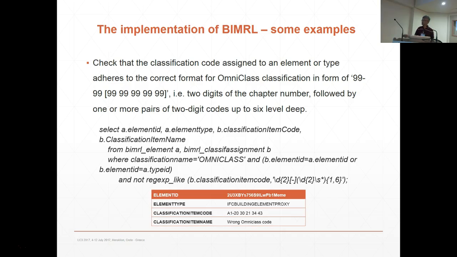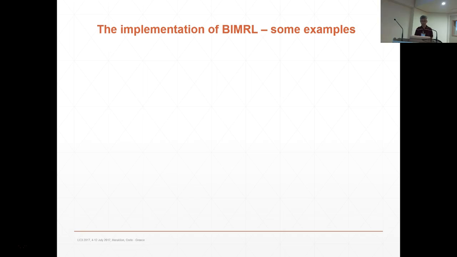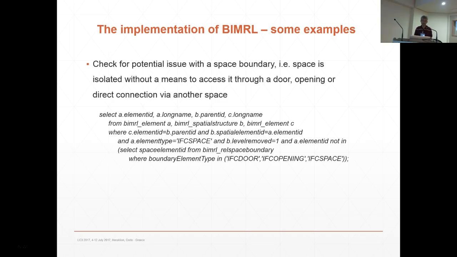Right, this is an example. This is not correct because there's a letter here, so it's supposed to be 2 numbers. And then a little bit more interesting example is that we want to query the model. We look for spaces that may have a problem in terms of either modeling error or just simply export errors